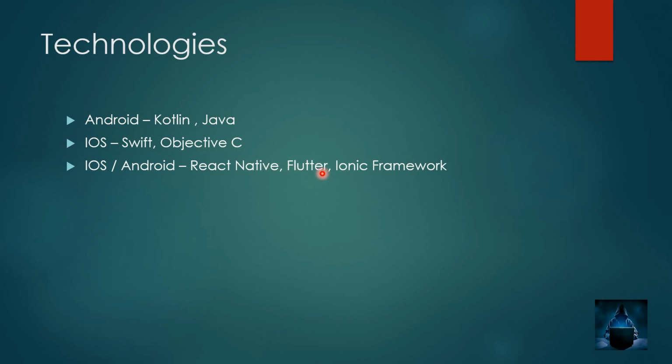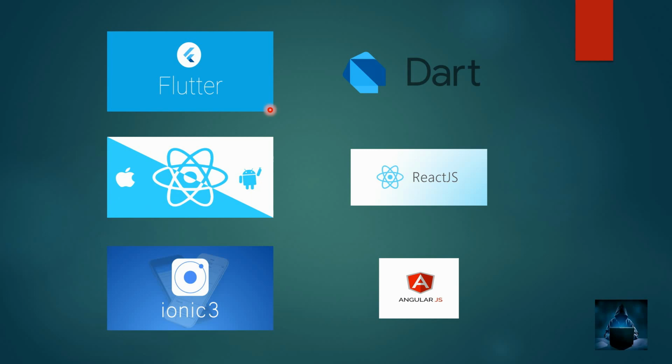And what is that in between one? We call it Flutter, right? So Flutter is nothing but a new framework which is based on the Dart programming language, which was recently launched by Google, right? I guess in the year 2017 to 2018 they launched this Flutter framework. It is not too popular, but still most of the companies are preferring Flutter also. For Flutter, the backend is nothing but the Dart programming language. So if you are good at Dart programming language, we can start with the Flutter framework.